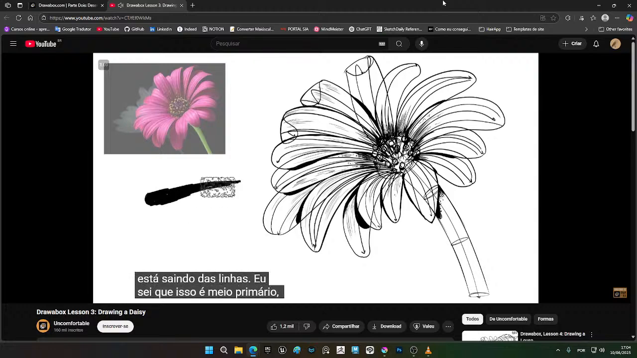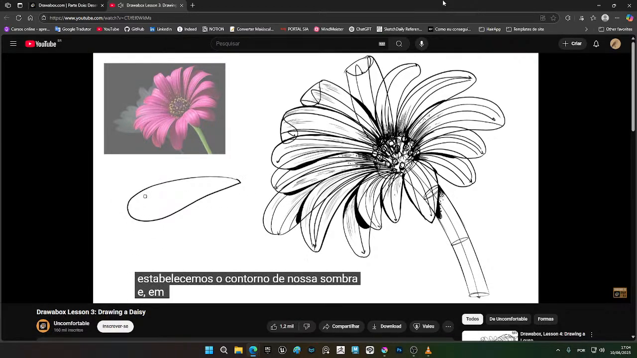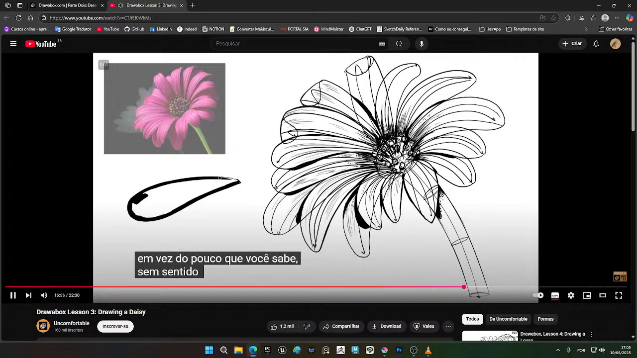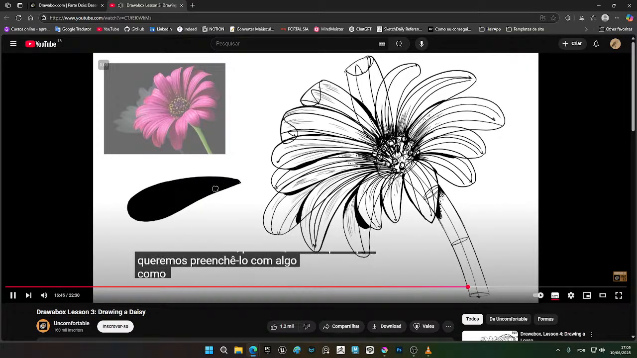I know that's kind of grade school, but that's why we established the outline of our shadow, and then try to stay inside of it as best you can, even though the brush pen might be a little more difficult to handle at first. And always still make those confident strokes, even if they're little. That's the reason we want to fill it in with something like a brush pen